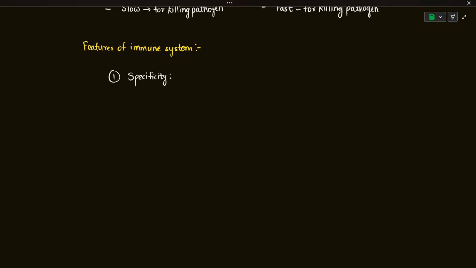As I already discussed, specificity is the ability to differentiate between closely related molecules. Specificity is the ability of the host immune system to distinguish